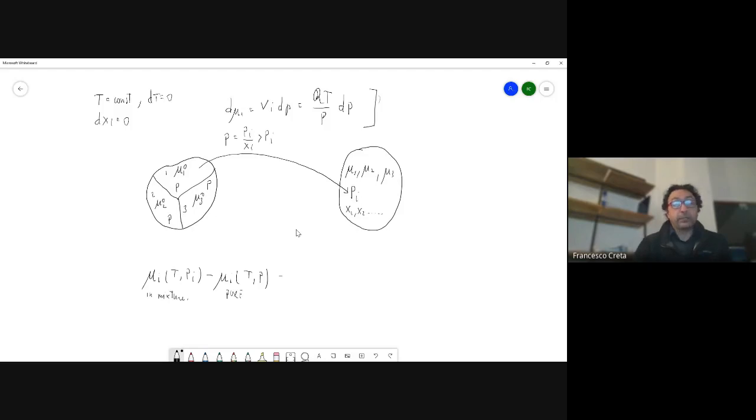And what is this? Well, this is nothing else but the integral from the pressure P to the pressure pi of the partial volume, which is VI dP,